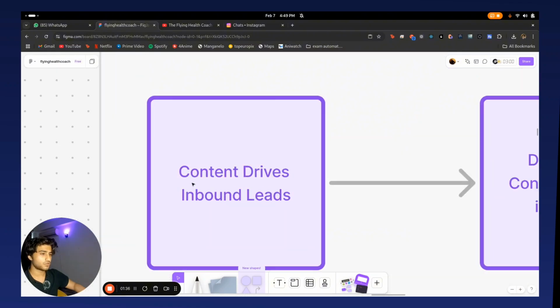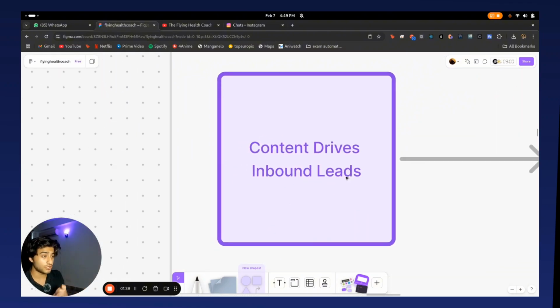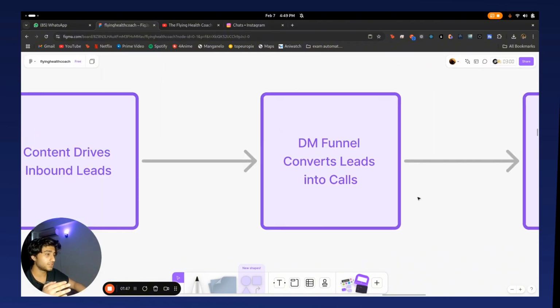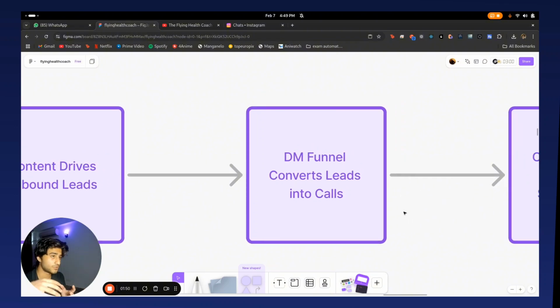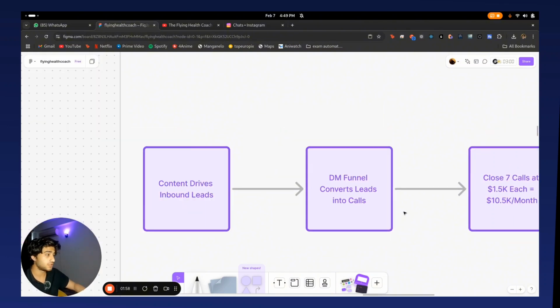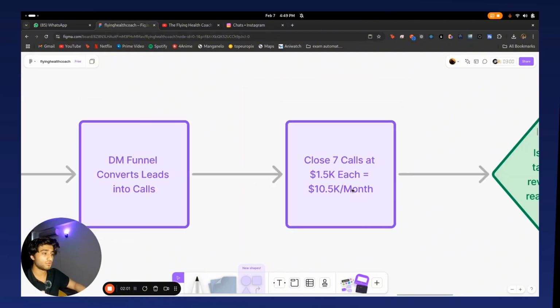So firstly, I want to explain a concept that content itself drives inbound leads. The people who watch you are going to come and DM you, and those people that DM you are already like 80% sold because of the content that they watched, and therefore they come to a call with you and they're booked with you, and then you have a one-on-one coaching client. If you follow this simple system really well, either they'll DM you or they'll reach out to your website. The funnel should always start at the top with content that is being generated for you. You can generate approximately 10.5K a month.